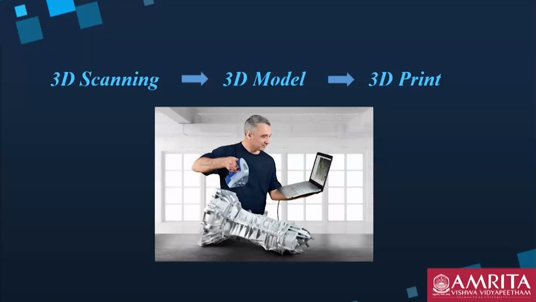In order to avoid that, we use 3D scanning of these complicated products. Or suppose we have to duplicate some product. We can easily do the 3D scanning and create its 3D model. If we want to resize it or make some modification in the present model, we can do it. And again, we can go with 3D printing. So it is kind of a reverse engineering.